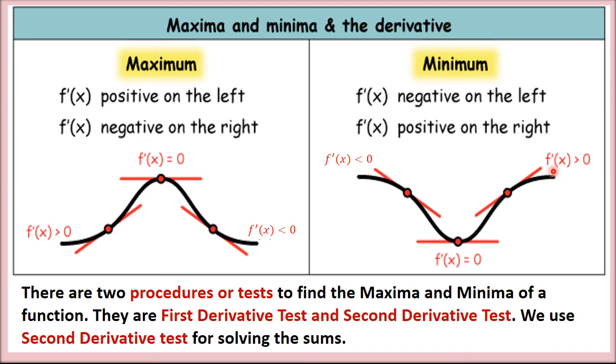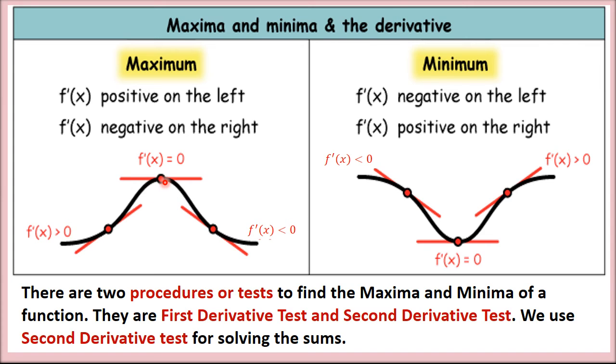And at the maximum and minimum point, the slope of the tangent is 0, means f dash x is 0, because this is the tangent which is not making an angle with the x-axis, so the slope will be 0. Here in the minimum case also, the tangent does not make any angle with the x-axis, so the slope of the tangent will be 0. That means f dash x is equal to 0 in both the cases, at the maximum and minimum values on